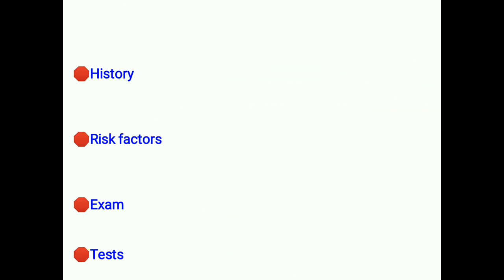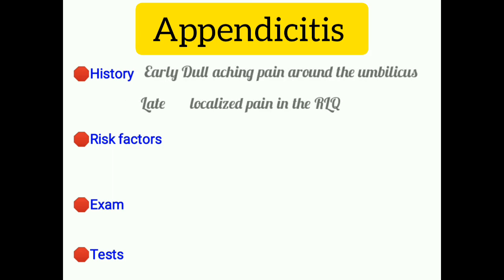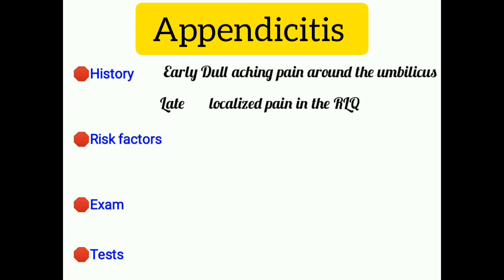The third cause of abdominal pain is appendicitis. In appendicitis, if the patient comes early, they will present with dull aching pain in the periumbilical region, as there is irritation of the visceral layer of the peritoneum. If the patient comes later, they will present with shifting pain. The pain shifts from the periumbilical region to the right lower quadrant and becomes more localized,